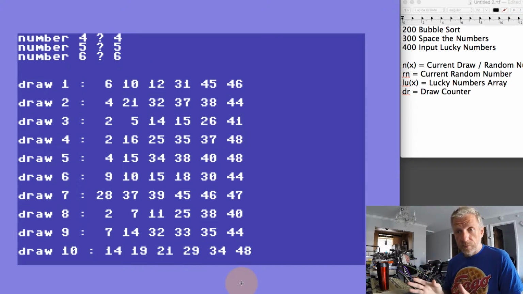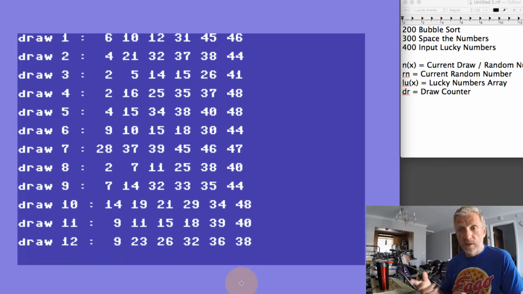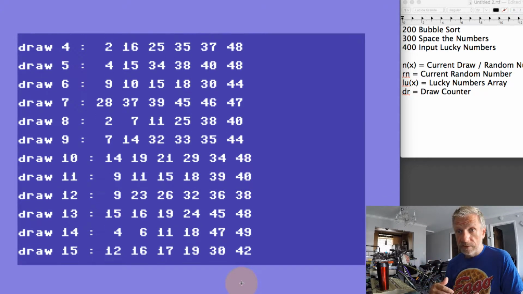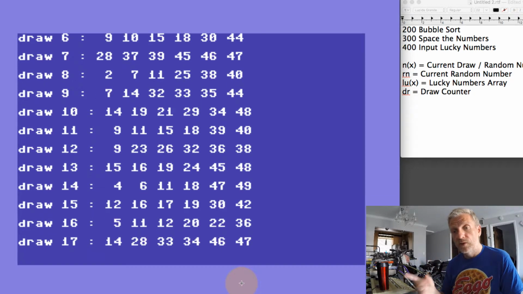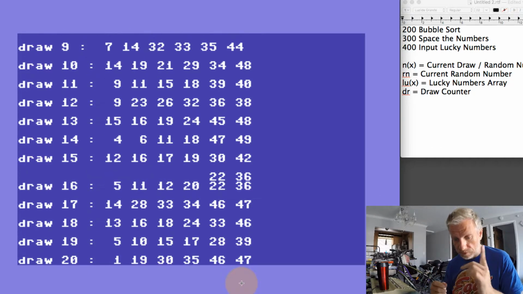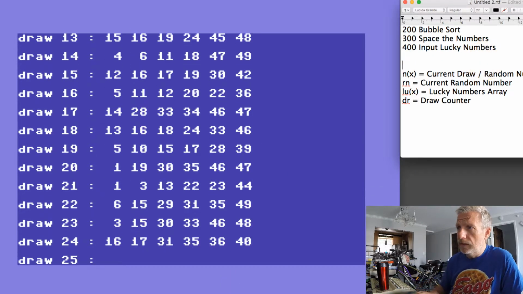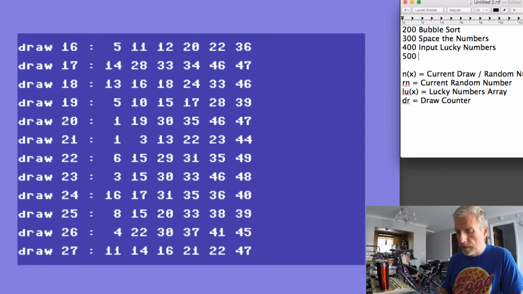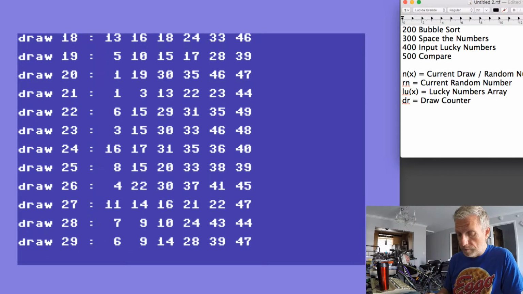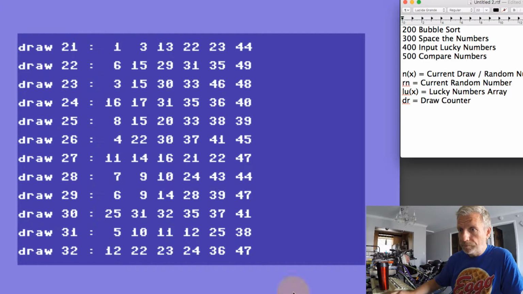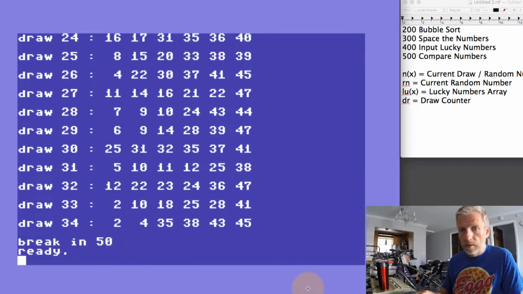Right, so that's the input routine done. I now have my lucky numbers in the program, but right now we don't have anything to compare them against. So let's write a little compare routine, and I say we put that in line 500 here. Compare numbers. Let's do that. So in line 500,